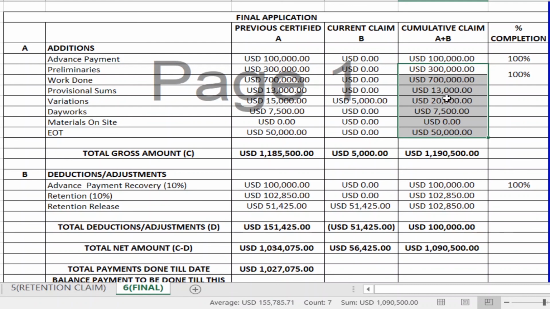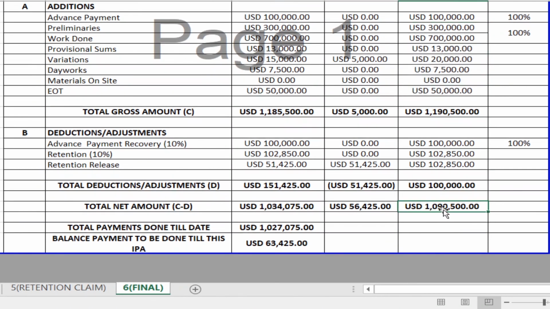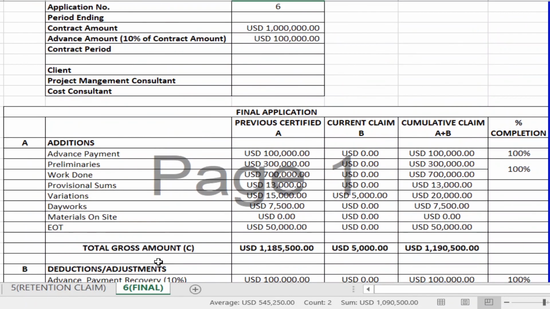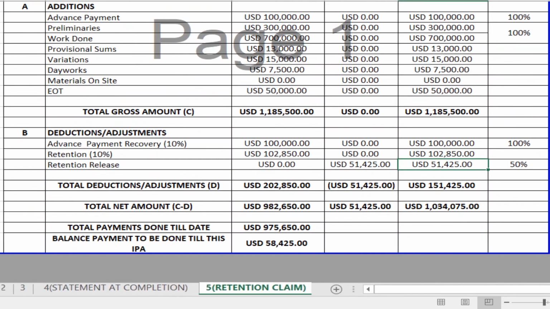Including all this, the total works which you have done, for which you have the right to get the money, is 1,090,500. So that has come here, 1,090,500. That is your final payment that you have to receive. So hope the concept of payment application is clear now.